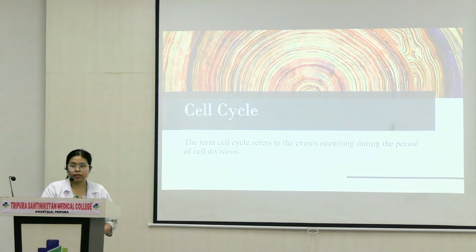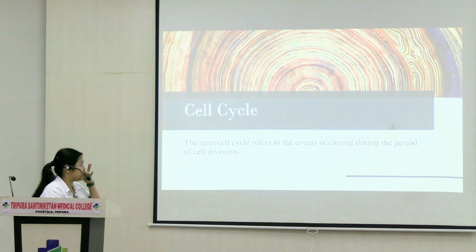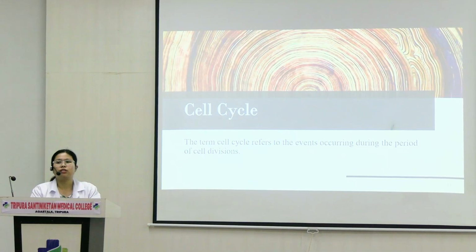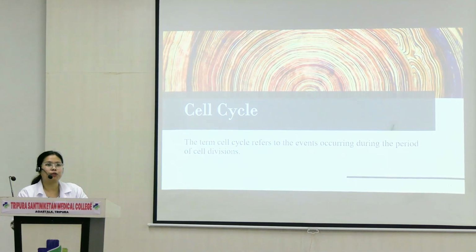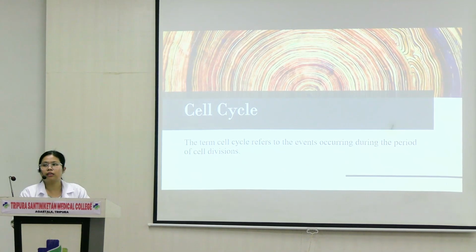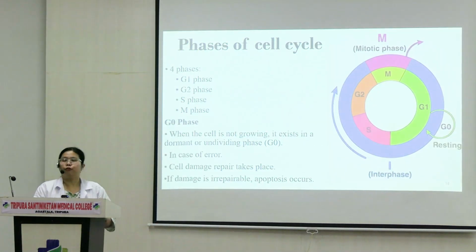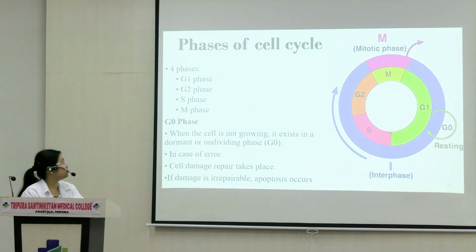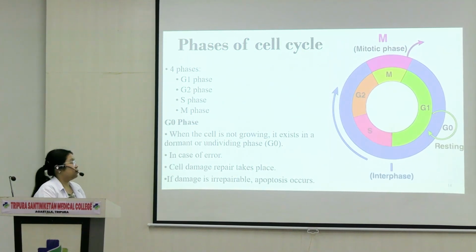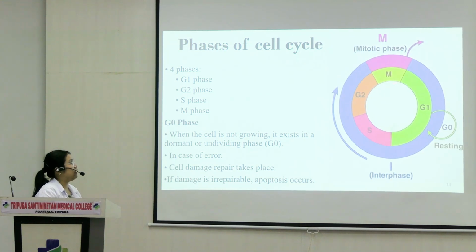That was about genetic code. Now we'll learn about cell cycle. What is cell cycle? It just represents a series of events that takes place between two mitotic divisions, between two cell divisions. What happens inside the cell is represented by the cell cycle. There are 4 phases of cell cycle. From this picture itself you can see G1 phase, S, G2 and M phase.